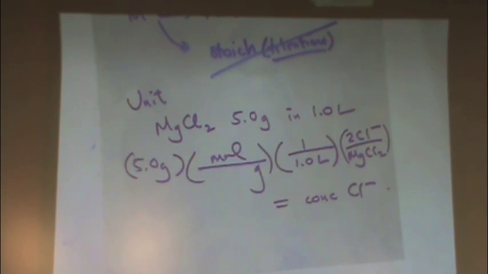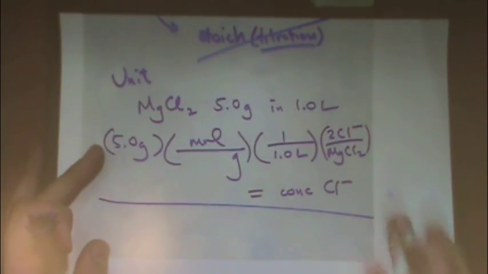And you should have seen stuff like this on the homework of this chapter. So in this case, it's just double. If it was aluminum chloride, AlCl3, you'd multiply by 3, and so on. Okay, for the dilution one,